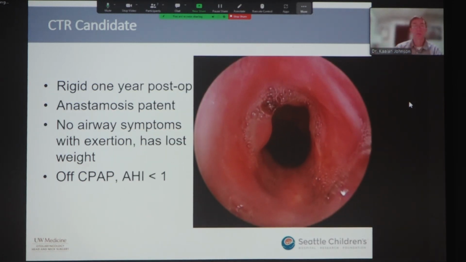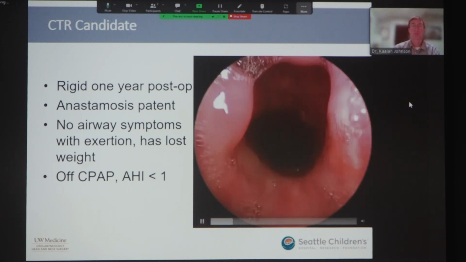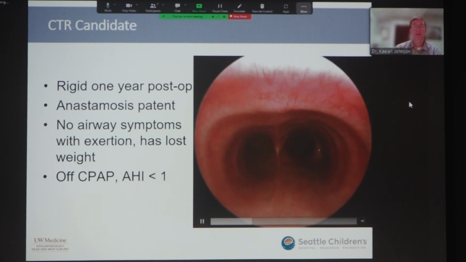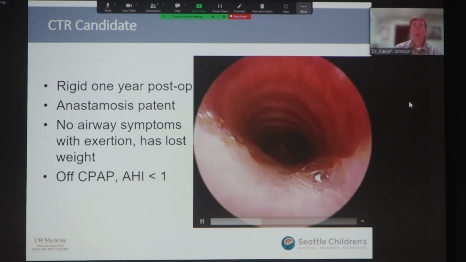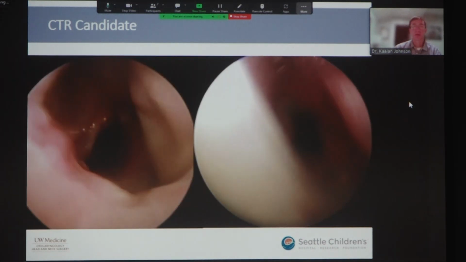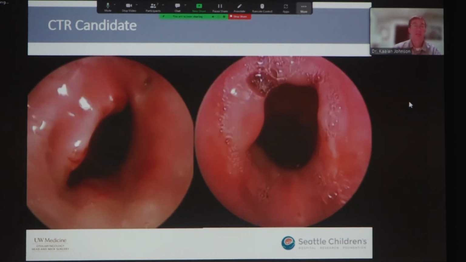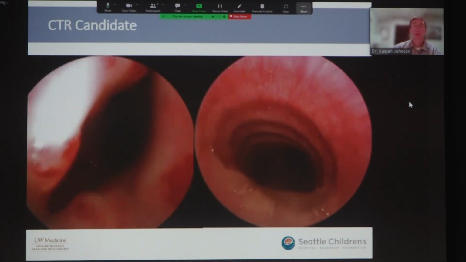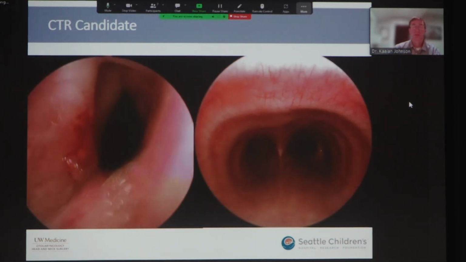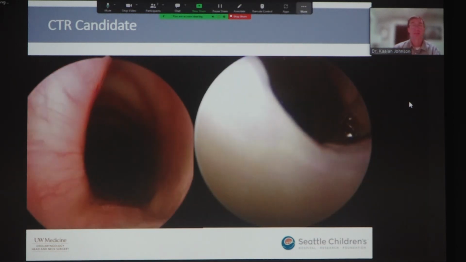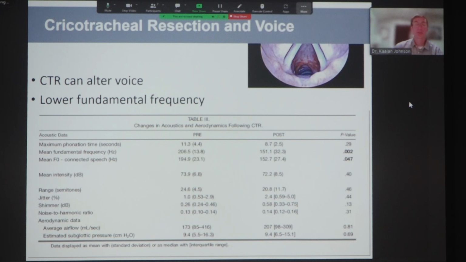Unfortunately, this is a week post-op. I don't have her 1 year post-op, but you can see that her anastomosis held. She had no airway symptoms, and her sleep apnea also resolved. So again, this is a pre-op and post-op for the subglottis. Now her voice changed due to her supraglottic phonation being altered, which is a component of complex airway reconstruction that you have to consider. But every patient who undergoes a cricotracheal resection can expect some changes in voice, because we